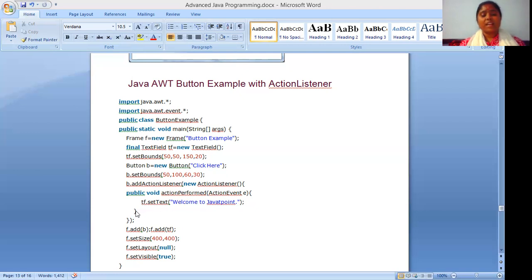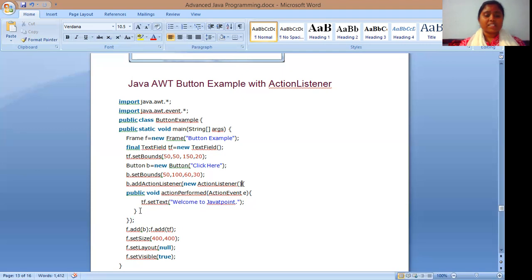Now semicolon, and we are closing the body of this actionPerformed method. Now we are closing the body of the action listener, and then at last we are closing the parenthesis pair of this addActionListener method here, and semicolon.